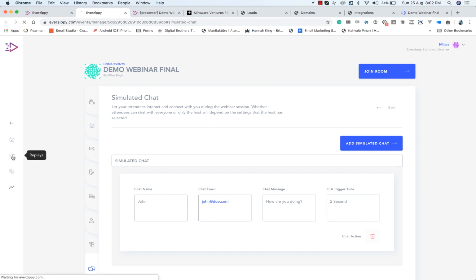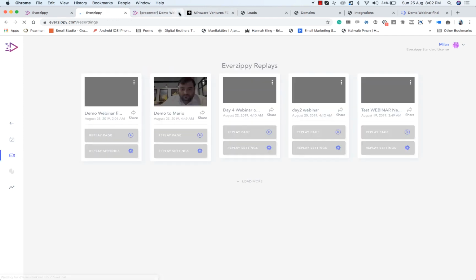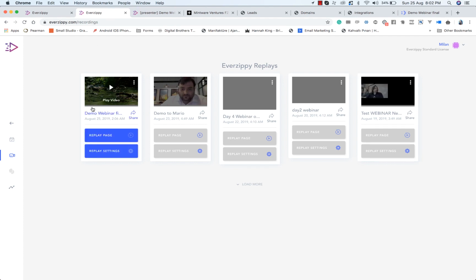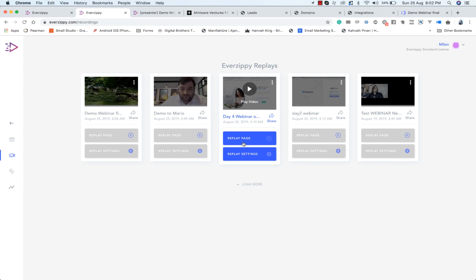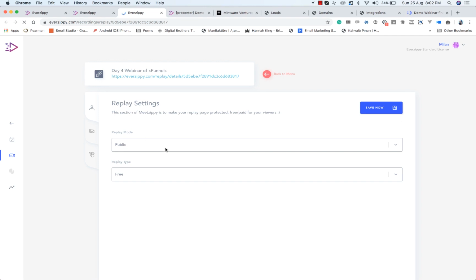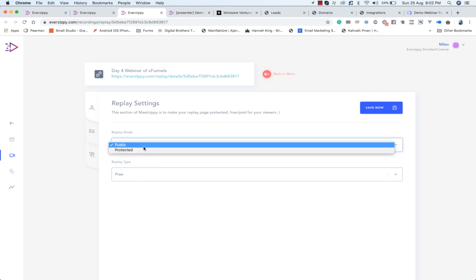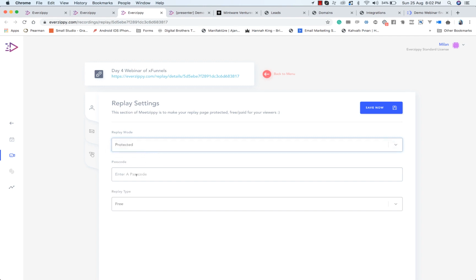And the next thing is replays. For the replays, you see all the videos are available here. If you want to get the replay page, you can click on the replay page from here, and you just have to make this setting the first time. We have two kinds of replay modes: one is public, the other is protected. If you want to share protected replays with someone, you can set the password here, and you can share it